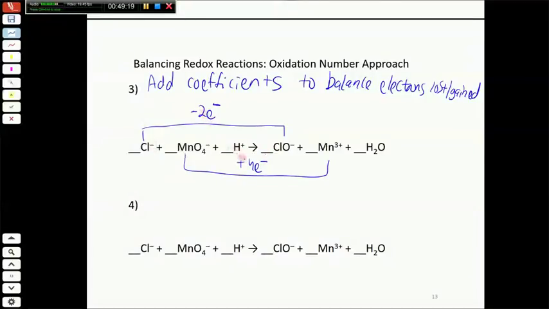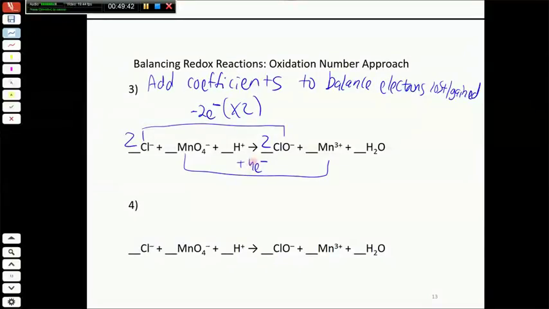This one is losing 2 electrons, this one's gaining 4. So the way that we do that is we're going to put coefficients of 2 in front of each of these species that are involved to make sure that it's now 4 total electrons. So each chlorine is losing 2 electrons, but now we double that. We put coefficients of 2 in front. So now there's a total of 4 electrons being lost from Cl minus,